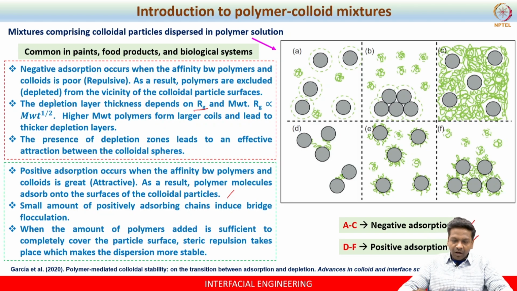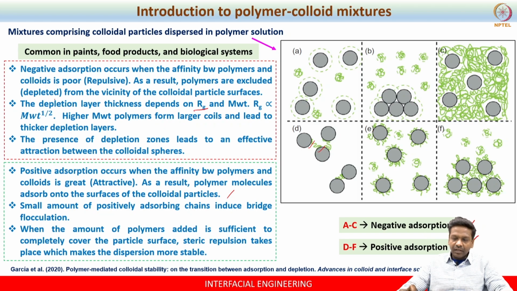Because this polymer molecule, which is anchored to one particle surface, will also get anchored to the neighboring particle surface. In this way, they will form bridging, right? So this phenomenon is nothing but bridging flocculation. In this case, the particles get bridged, and they will exhibit elastic characteristics because of this bridging, and it can be regarded as spring-like objects as well, right?